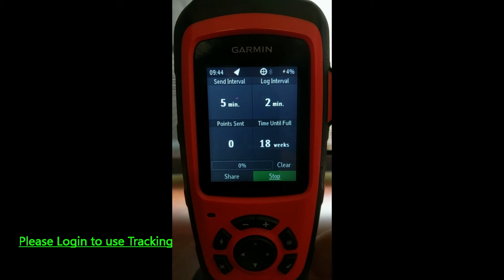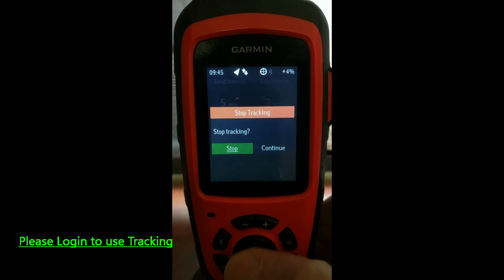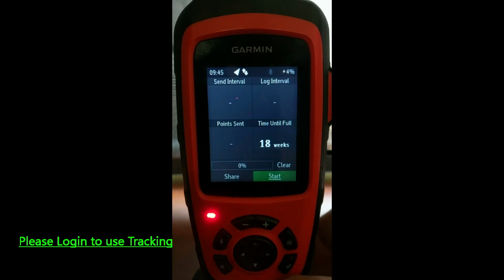So as you can see, I did have my send interval set to 5 minutes, and that will create a 5-minute update with a longitude, latitude, location in map data on Brion Lone Worker portal. And the log interval again has to do with the Garmin portal itself. And I'm sending through my updates, and from here I can stop tracking. Easy to do. Highlight that, and tracking is stopped. I'll just start that one more time,